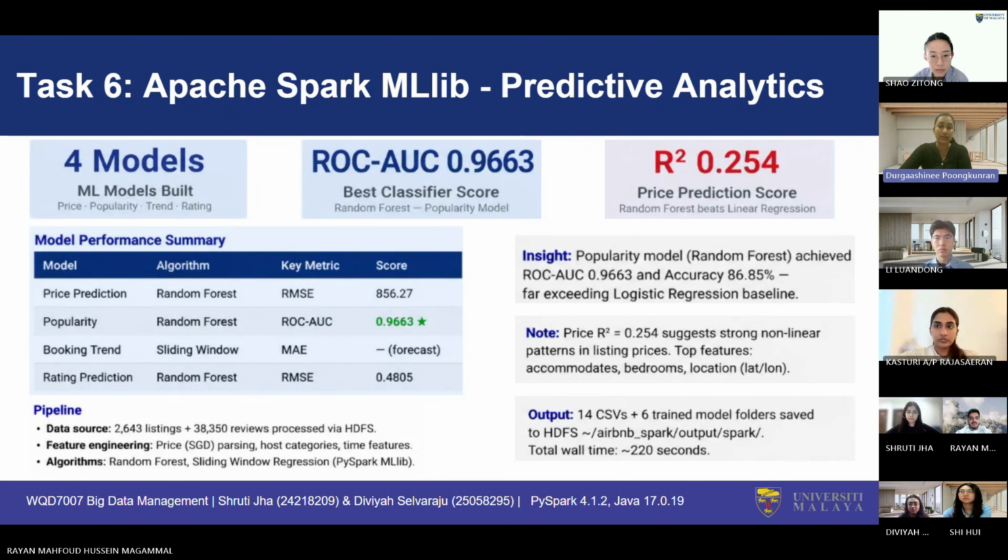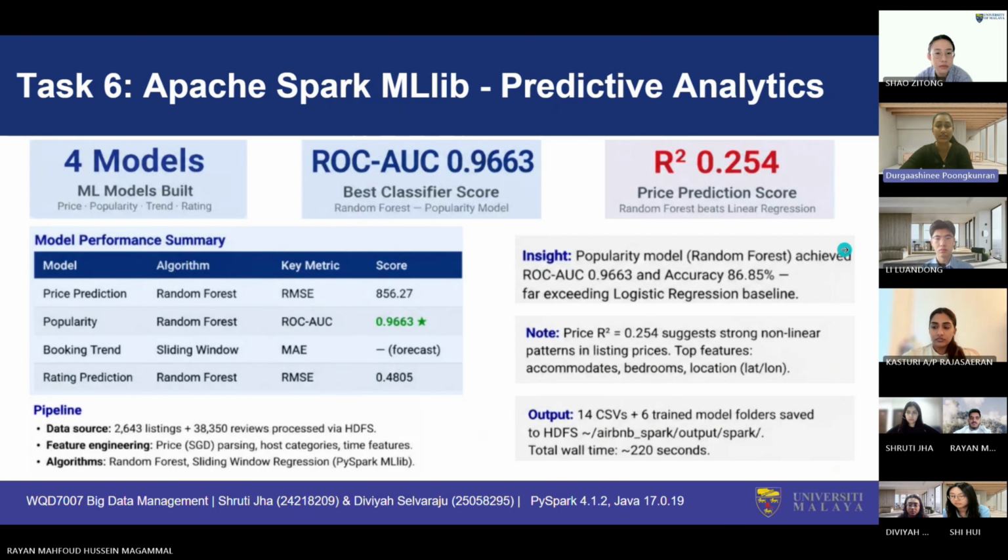It consistently beat the baseline, achieving a stellar ROC of 0.9663 for listing popularity and an R² of 0.254 for price prediction, and a low RMSE of 0.4805 for customer rating. We also forecasted a 6-month booking trend using sliding window regression. Ultimately, all 14 CSV outputs and 6 trained models were saved back to HDFS, perfectly primed for our downstream Power